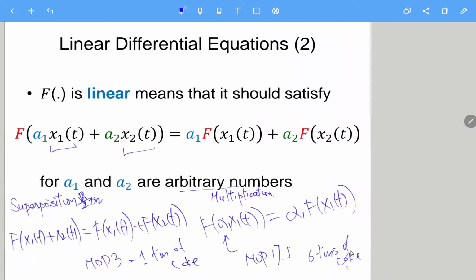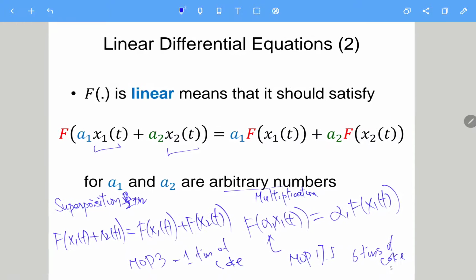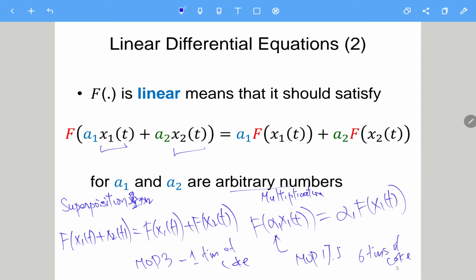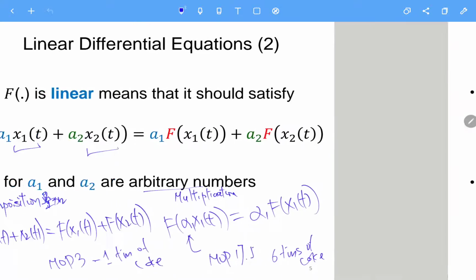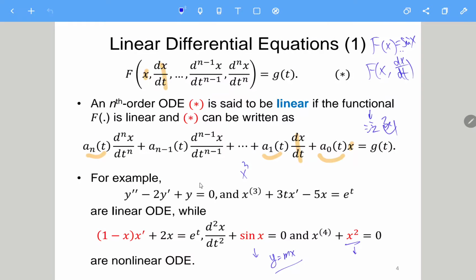Okay. So linear is important because for a linear system, the theory will be easy. In bachelor study, most of the theory involves the linear system, at least in ECE. But for some non-linear systems, it might be quite difficult, just like the semiconductor physics. Okay, so far we know what is a linear differential equation, but for the linear differential equation itself, it